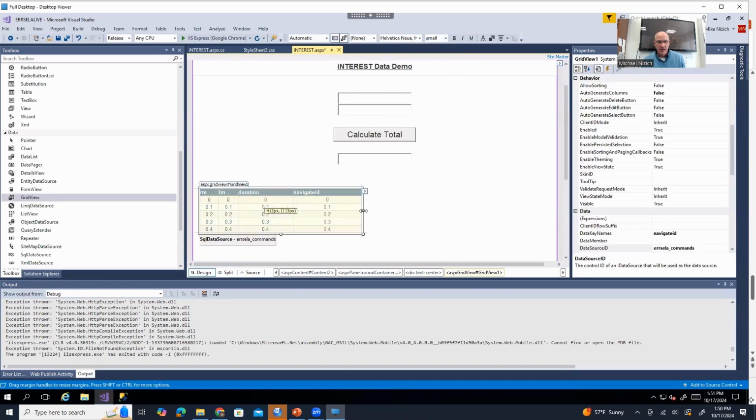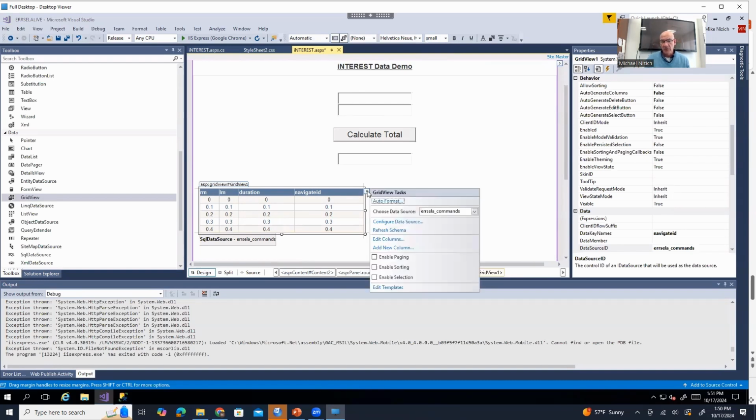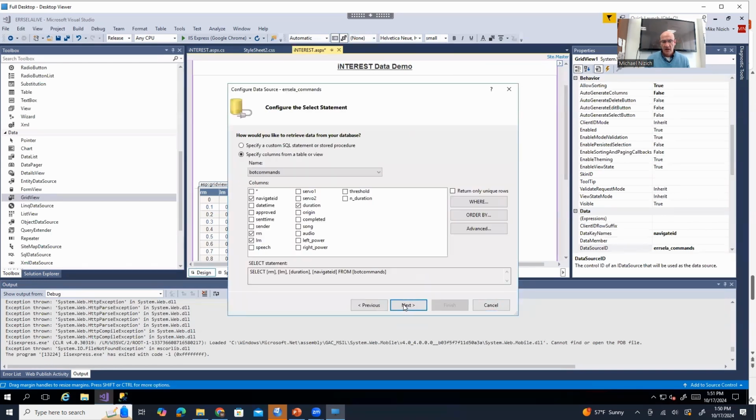Right, let's increase the size of it over here so it's a little bit more broad. And then, when we look at this form, what if we wanted to actually edit that data or add to it, right? What happens is we go to our details here and we enable paging, we enable sorting. We can go to configure the data source again, and we can actually